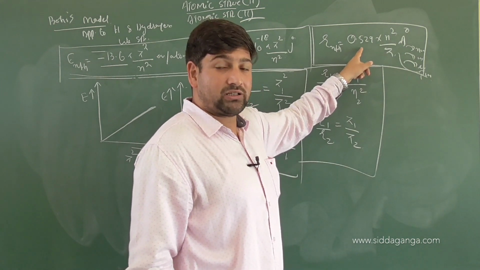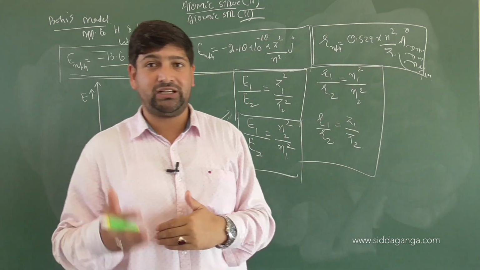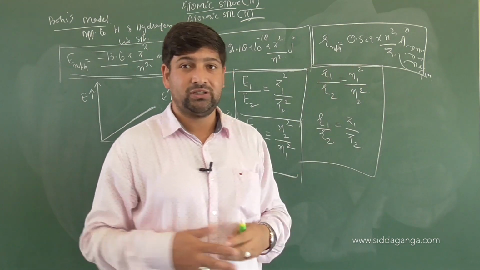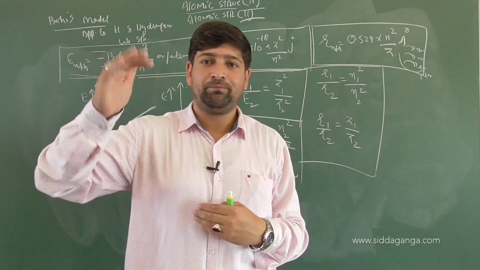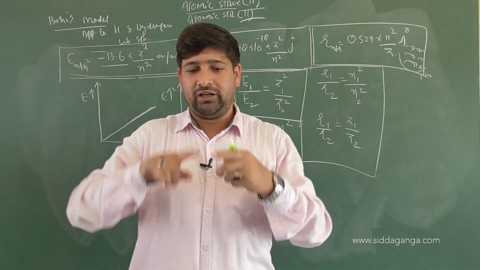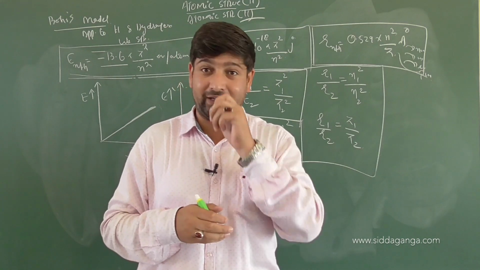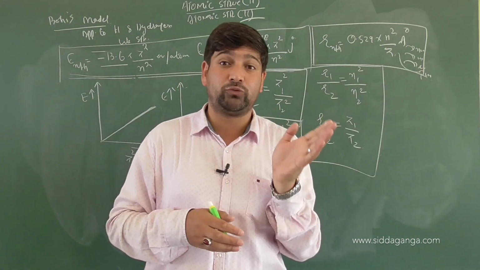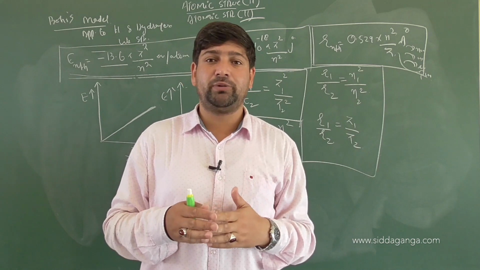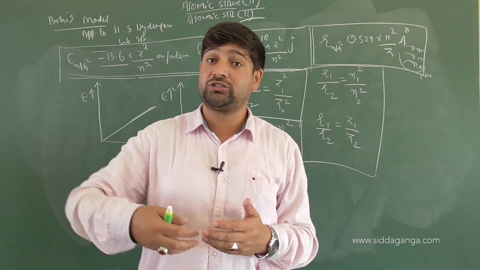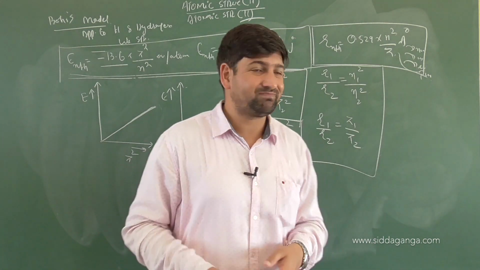How? When you are taking into consideration the balancing of centripetal and centrifugal forces, so that the electron can keep rotating around the nucleus. Because one force is trying to take it away, one force is trying to bring it in. In order for it to continuously rotate in an orbit, there must be the balancing of angular momentum or centrifugal force with centripetal forces. Centripetal forces are technically electrostatic forces that we are talking about. Centripetal forces are given by the electrostatic forces here.